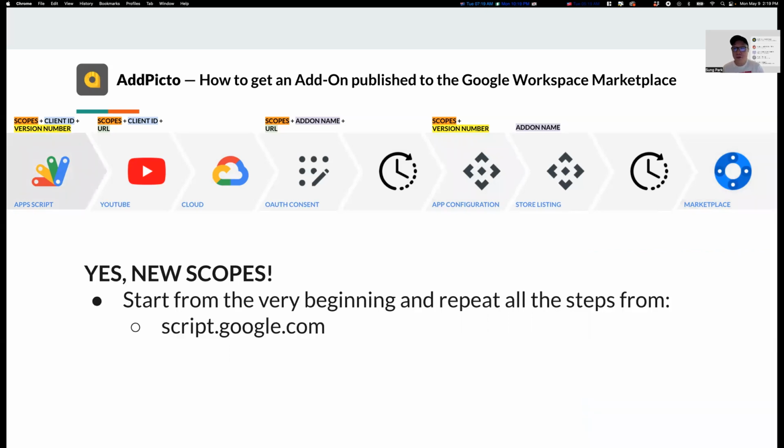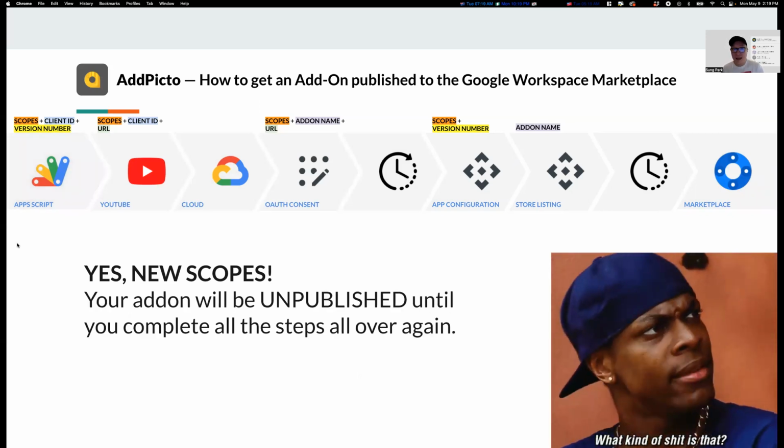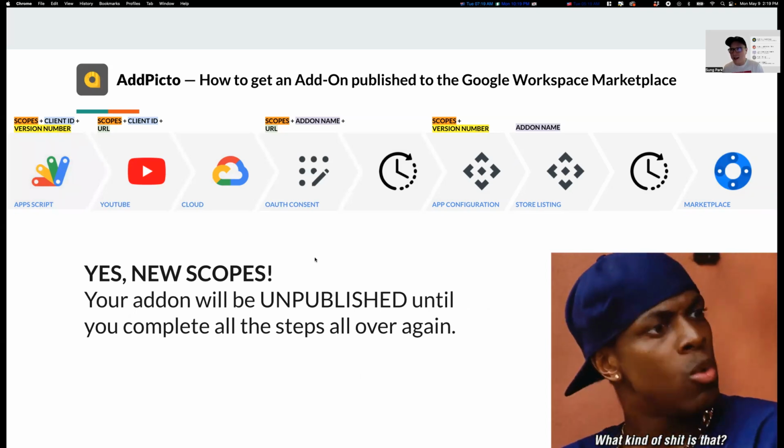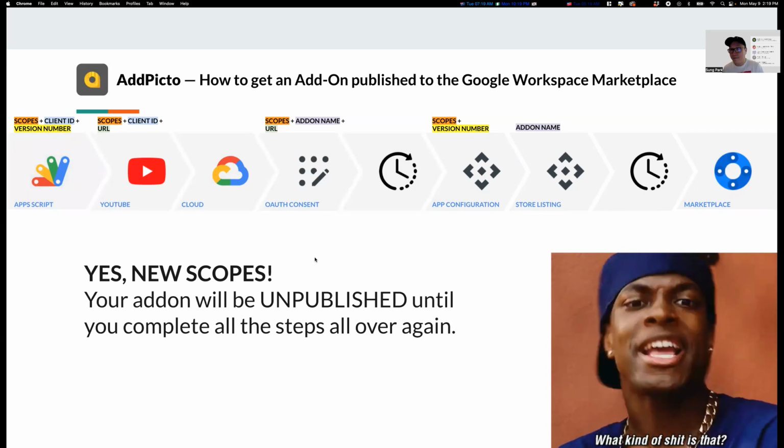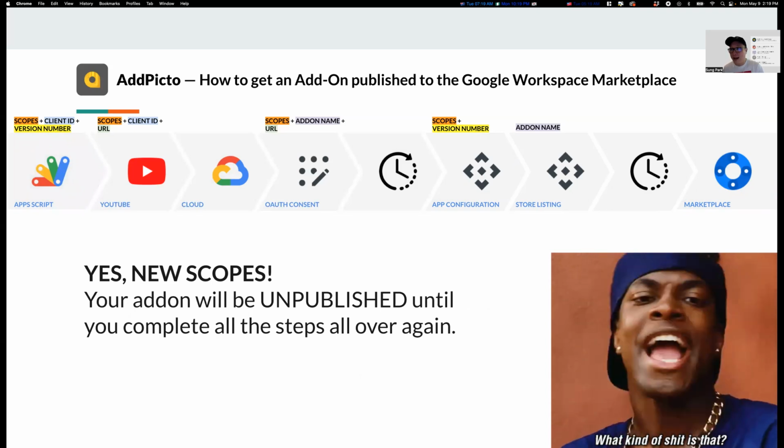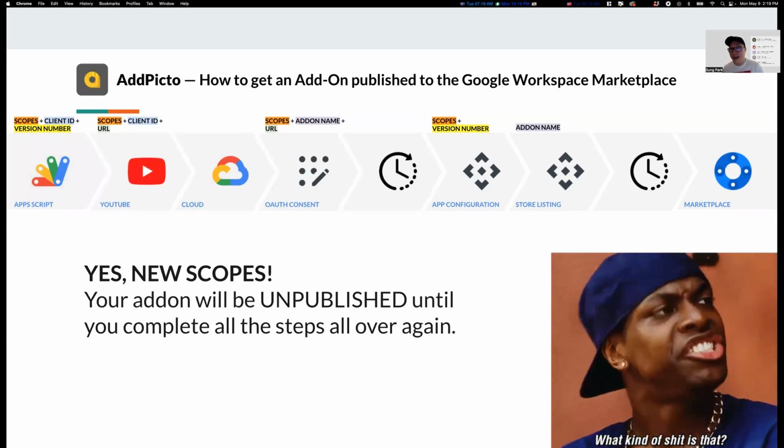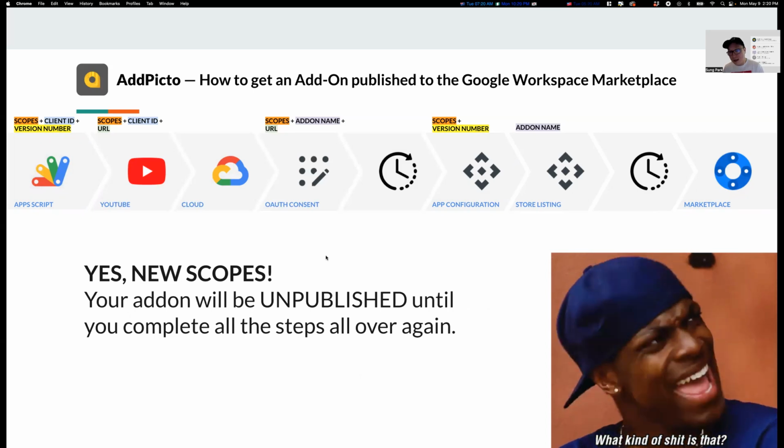But what happens if you are adding new scopes? Well, that means you would have to start from the very beginning and restart the whole process. And in the process of doing so, when you are in the OAuth consent screen to get approval, your add-on gets unpublished. That means no one has access to your add-on as you're going through the process of getting new scopes approved, so that you can then resubmit